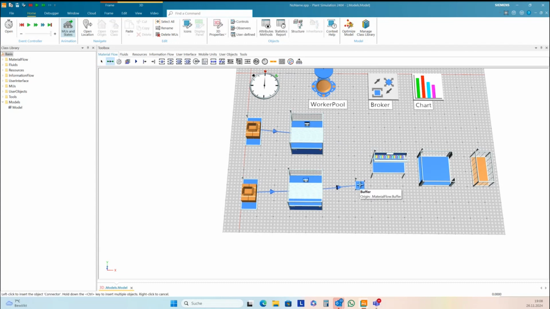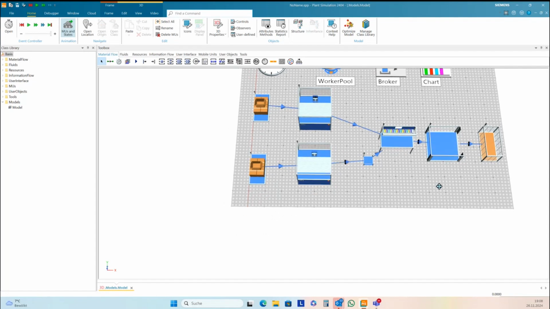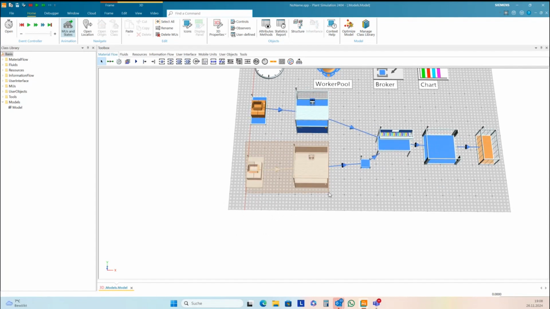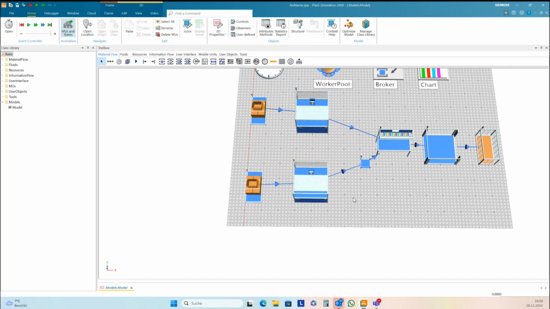Then connect first this buffer to the assembly station, and then the second station, and finally we connect this and this. We need workplaces on the stations, and we activate the transport importer and the processing importer.